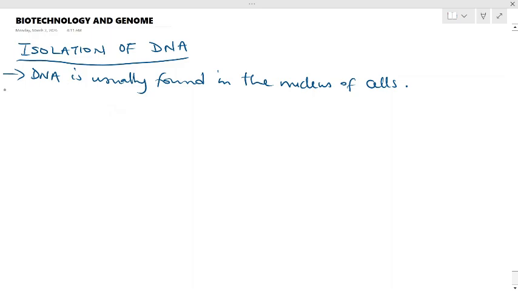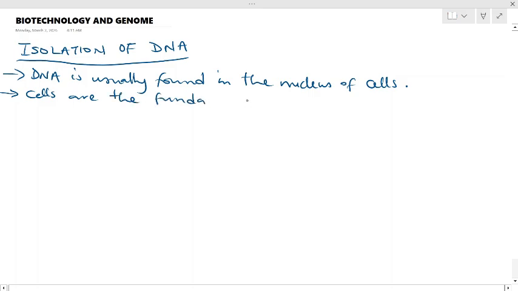The next important point is that cells are the fundamental unit of life, and all organisms are made up of these cells, which could either be prokaryotes